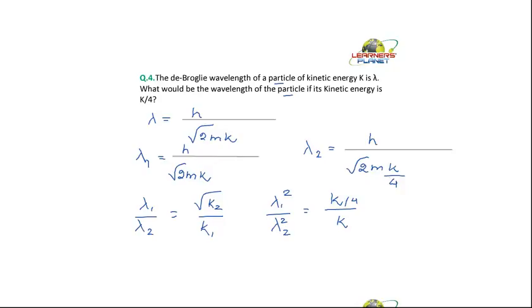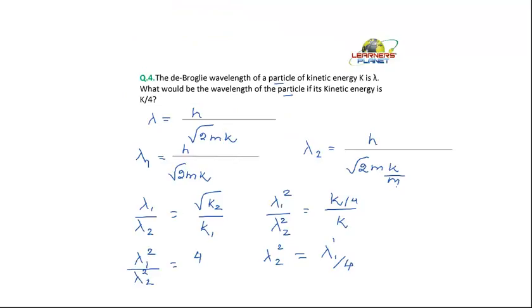Or lambda 1 square upon lambda 2 square will be equal to 1 by 4, or lambda 2 will be equal to how much? Lambda 1 by 4, right? So what will be the wavelength here? It would be lambda 1 by 4,